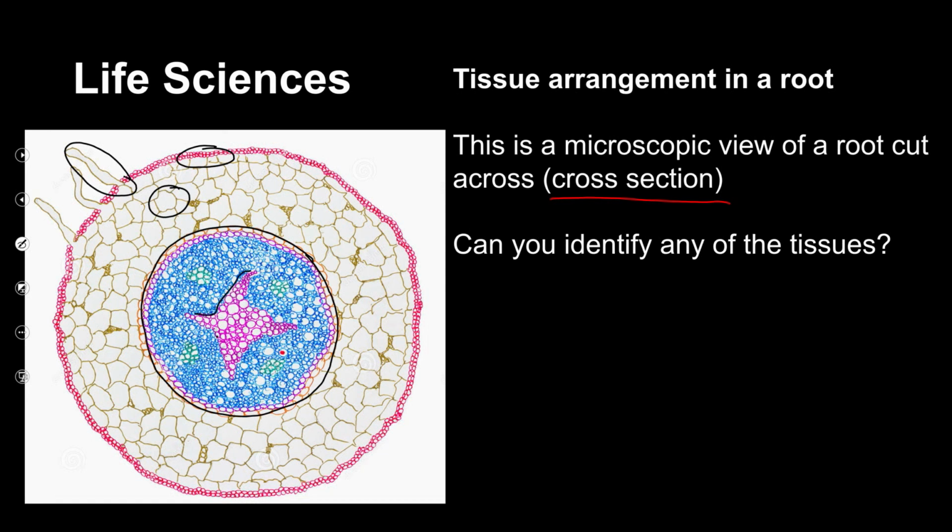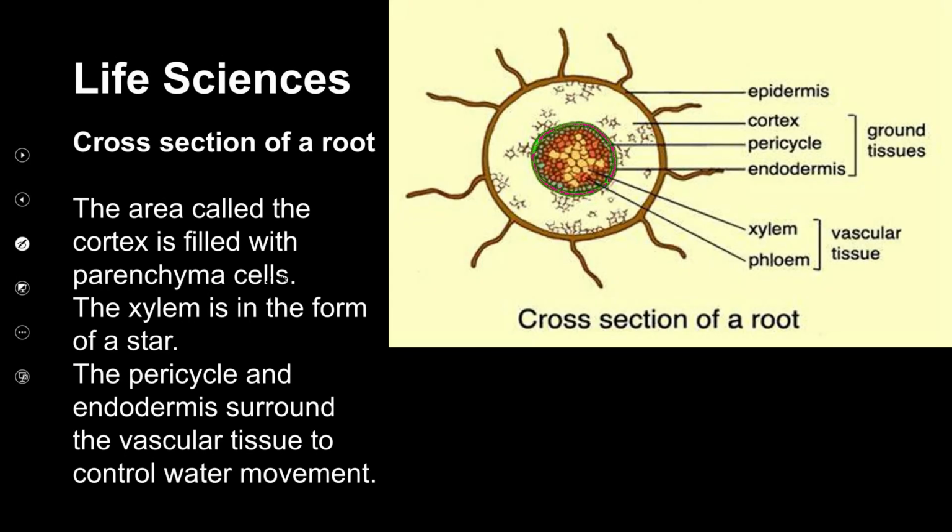And in the center, the star-like structure here, it's got great big cells in it. What do you think that is? That is the xylem. Now, where there's xylem, there's also got to be phloem. And that is where the phloem is found. So, even though we've never looked at the root before, just by thinking about where the different cells are and which particular type of cells need to be in the root, we can get a pretty good idea of what it looks like. So, if we have a look at this,